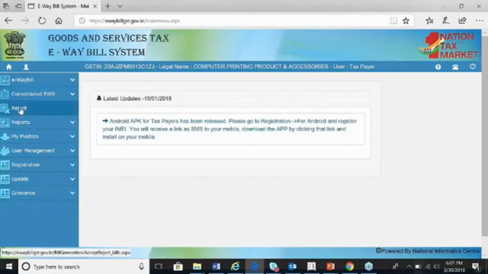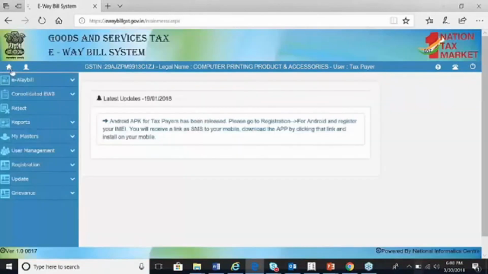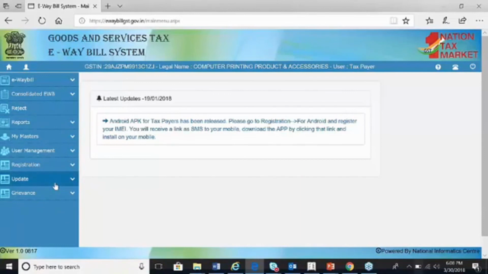So we also have the process of setting the status, if it is rejected, why it is rejected and all that. In the same way in Tally also, against that particular invoice for which the e-way bill is generated, you can set the status. The reports are also shown here with the status, what your e-way bill reports are, who has generated and so on. Fine, so these are the reports available in the portal, and the required reports are all provided under Tally as well.